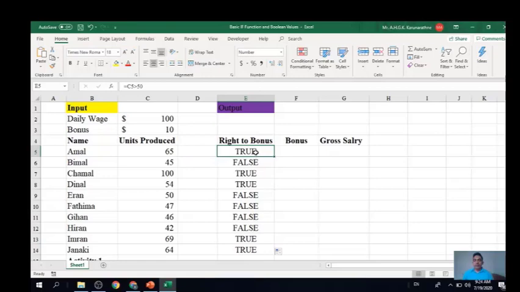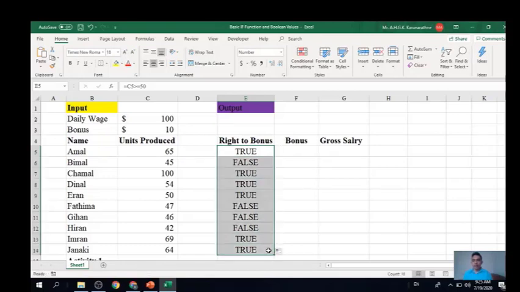Let's try another one. Let's say we want to check whether the employee's output is greater than or equal to 50. Then you just type it like this and press enter. Here, equal or greater than 50, true.